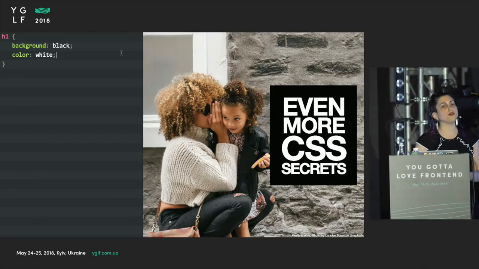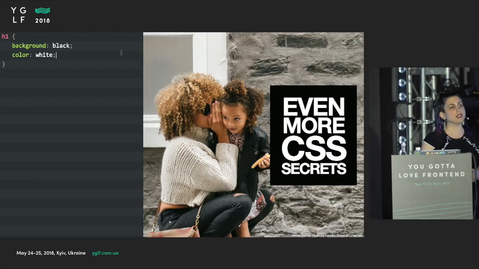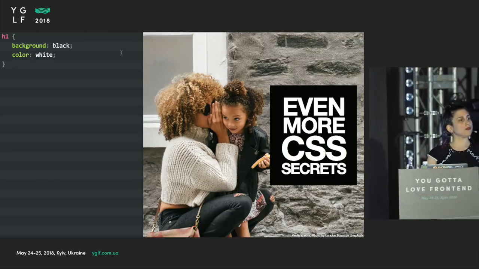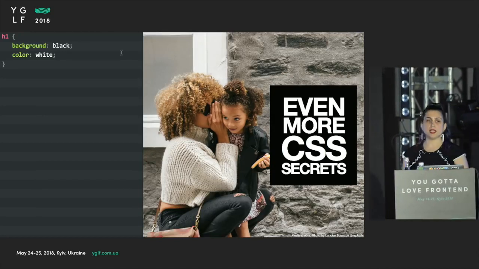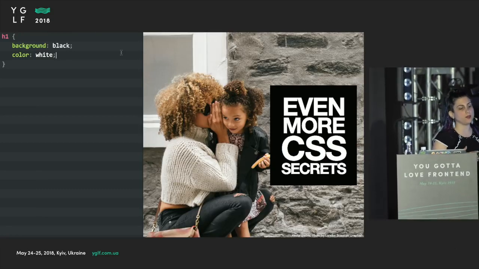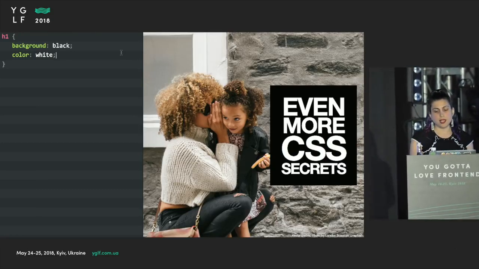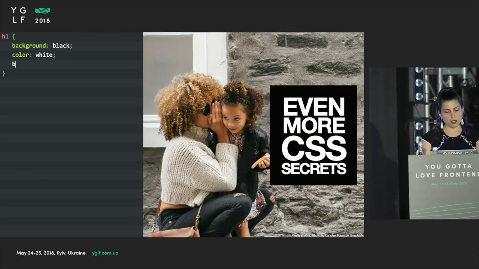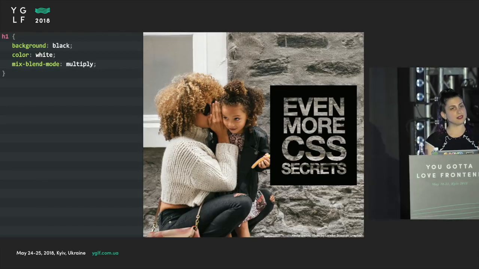So how many of you have heard of blending modes? About half or a third, I would say. So blending modes allow us to control how the current element blends with whatever is behind it. And specifically here, the multiply blend mode is very useful, because as you will see, once I apply it,